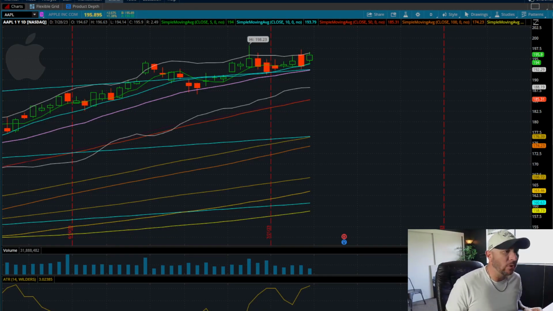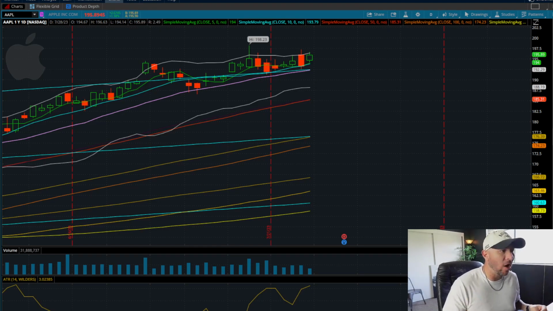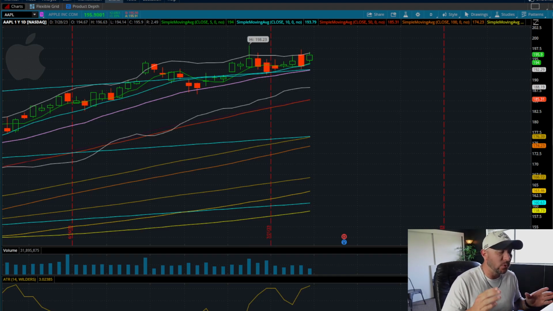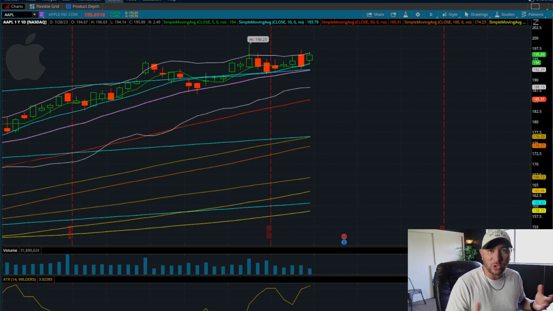I want to outline how I'm finding scalp plays in the morning. I'm going to run through a real live scenario, a real live situation. I'm going to talk out loud, go through the charts, and show you what I'm looking for, how I'm finding these scalp plays, and when I'm switching my bias from long to short, this, that, and the other.